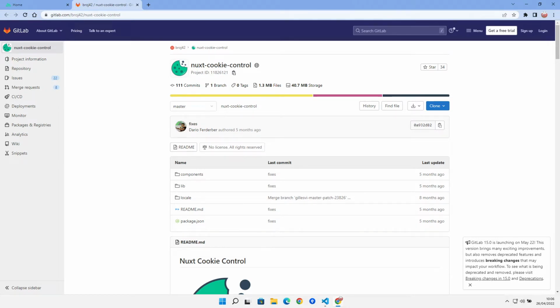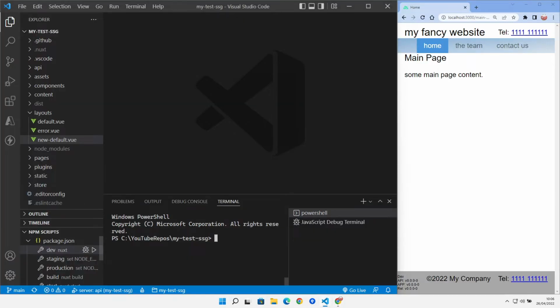So today we're talking about GDPR and cookie consent. So let's crack on and get into it. So we're going to use this Nuxt cookie control as our component that's going to control our cookie consent. So the first thing that we need to do is install said component. So we're going to do an npm install Nuxt cookie control,